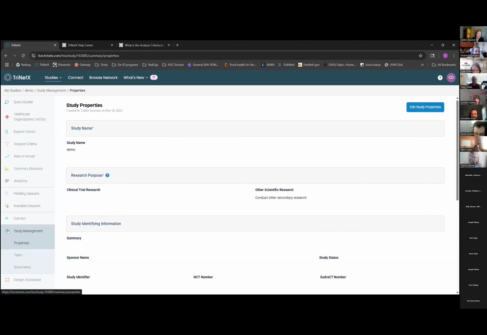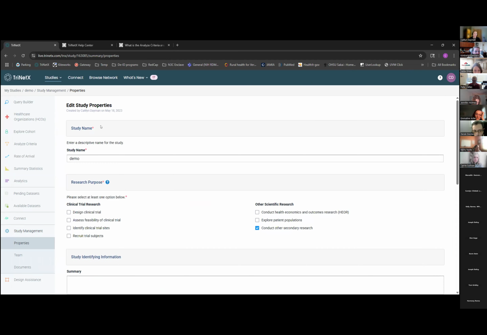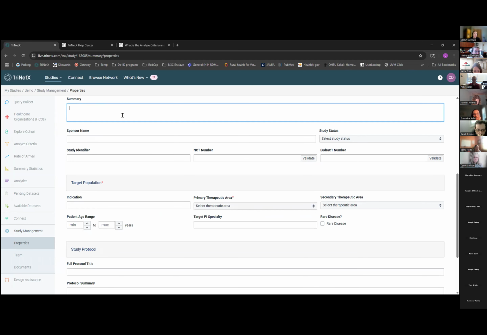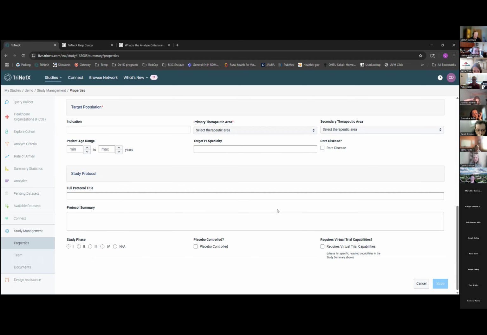And then the other piece I do want to show is the documentation piece. When you set up a study, this is the first thing you'll fill out. We can edit it now, but you can change the study name. You can include information about the research process. I have this labeled as secondary research. You include information about the study, any sponsor information, target information, and then you can also upload